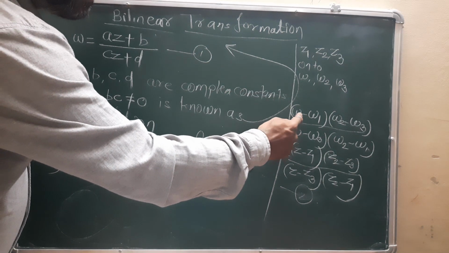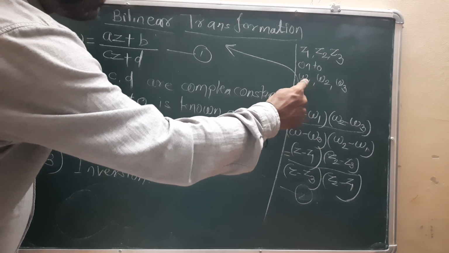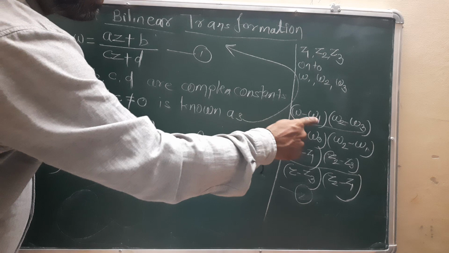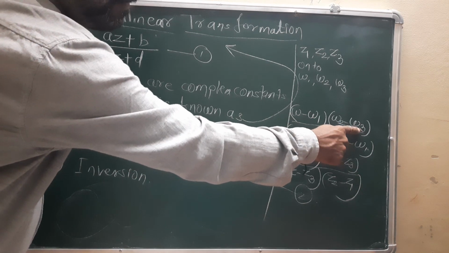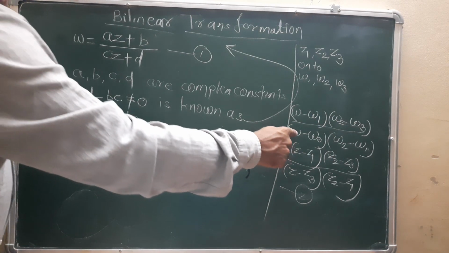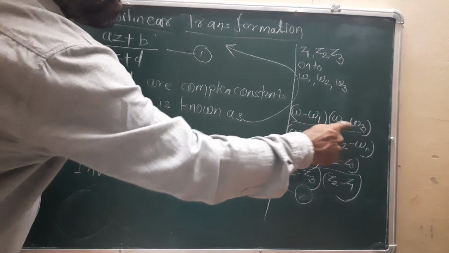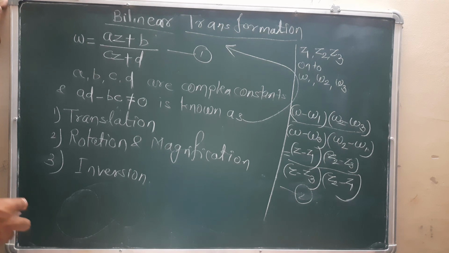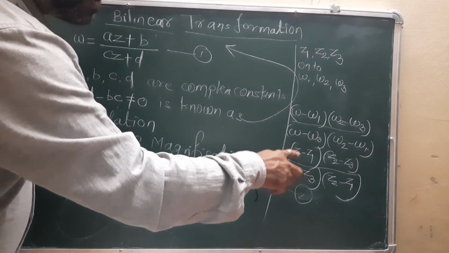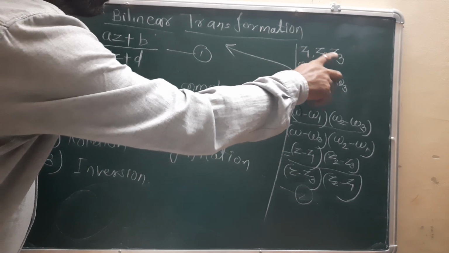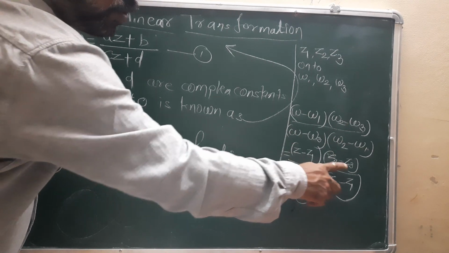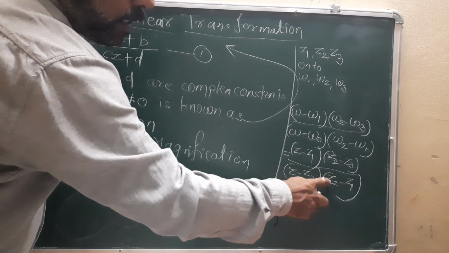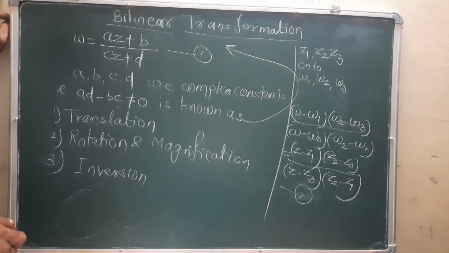तो अब इसको कैसे याद रखना है? There are 3 points W1, W2, W3. So we'll start with W minus 1, 2, 3 in the denominator, W minus 3, 2, 1, 3, 2, 1. उसको reverse direction में लिखना है. Equal to same for Z. There are 3 points 1, 2, 3, 1, 2, 3. Z minus 3, 2, 1. Write down that into reverse order.